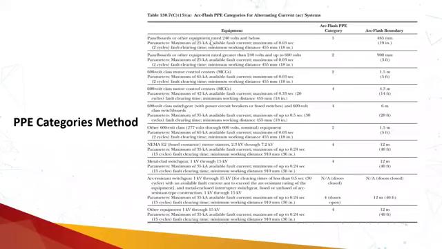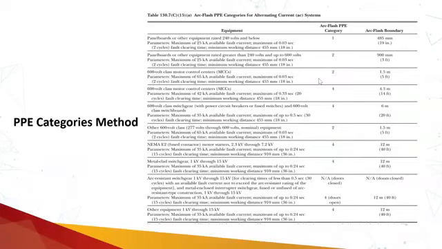For example, here my voltage level is 600 volts. I am going to search: is there any panel board with 600 volts? Yes, there is a 600 volts given. So I am going to use row number 2 if other parameters are the same. For 1 kV, I cannot use it because panel boards and other equipment rated at 1 kV are not given in this PPE category method. Then I have to go towards the incident energy analysis method to know